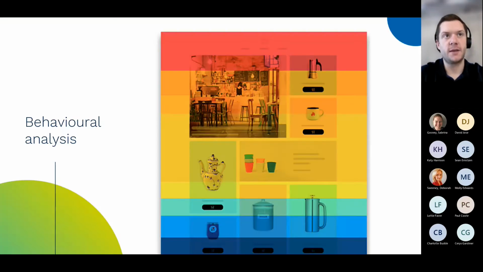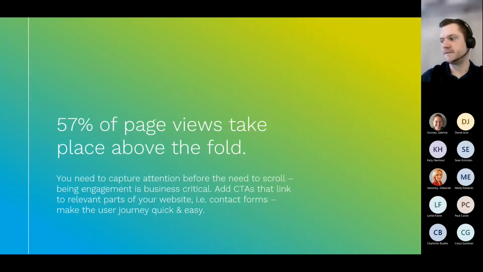And then importantly, thinking about this section here, but also thinking about your own website, 50% of page views take place above the fold, which suggests that 43% of visitors never go past what you can see at the bottom of your laptop or your desktop. So if your important calls to action are below that section, we need to rejig and bring that information to the top of the page. Otherwise, we're just going to miss 43 out of 100 page visits.